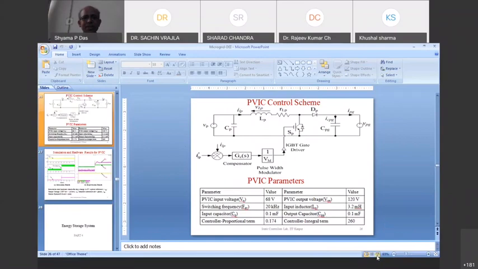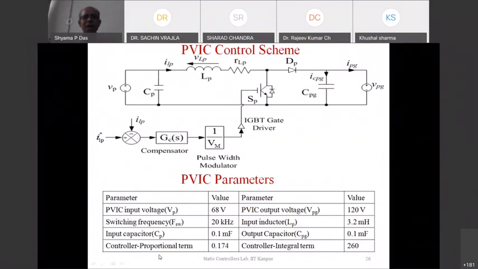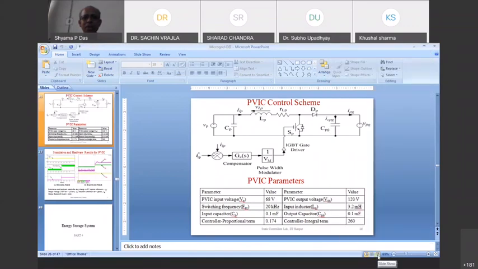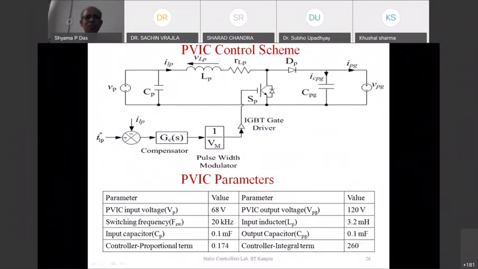Okay. So this is the photovoltaic panel interface converter scheme. By using this, MPPT runs in the background. We have the feedback current ILP here, which is the current of the inductor. We can have a Hall sensor to feed back this current, and then we have a compensator which is used for generating the switching signal for this IGBT. So this converter operates in the boost mode to convert 68 volt to 128 volt output. Next slide, please.